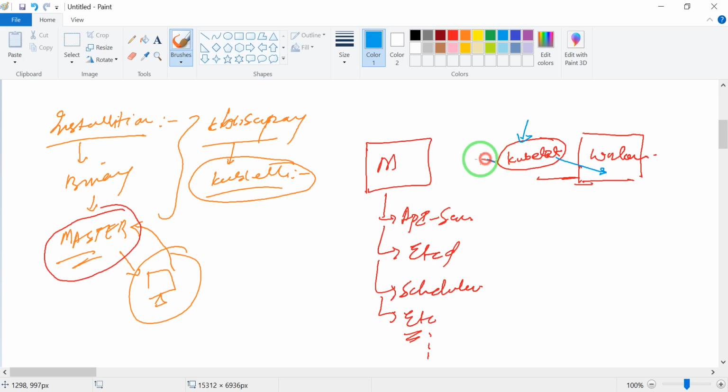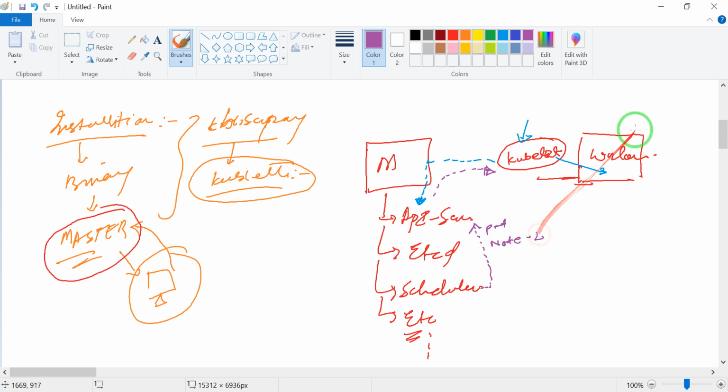Kubelet talks to the master, especially to the API server, and the API server gives the work to the kubelet, telling it what has to be done. Let's suppose we are scheduling a pod. The scheduler tells the API server that the pod should be launched on node 2.